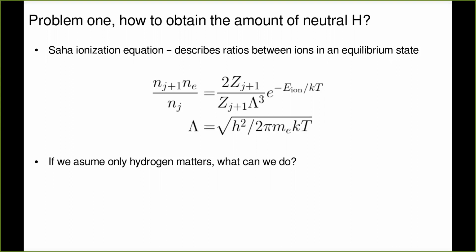Ivan, go ahead. Is the denominator on the right-hand side there supposed to be Z sub J? It's supposed to be Z_J, you're right, yeah, sorry about that. I will correct that for the online version of the slides. Yeah, of course, this has to be Z_J, because otherwise it wouldn't make sense.